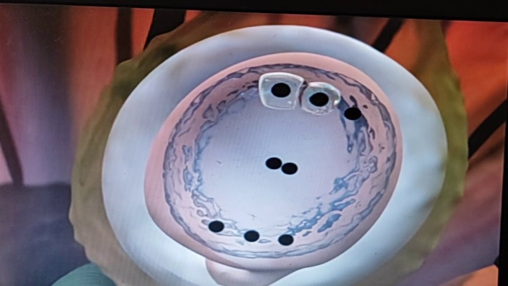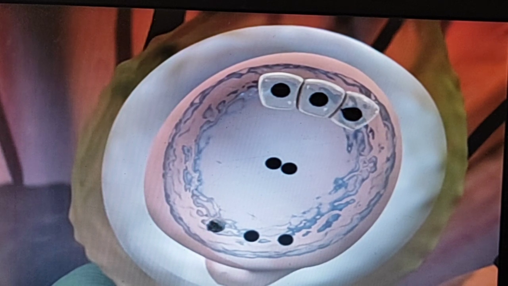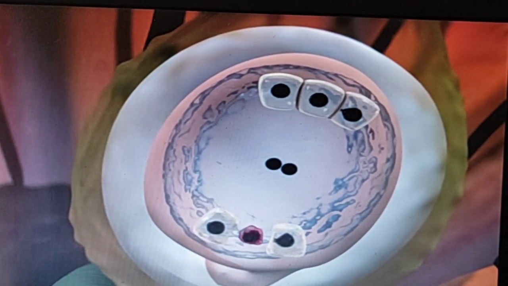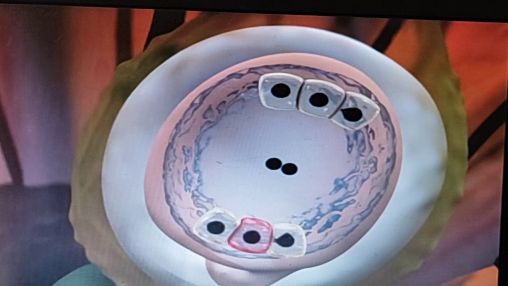Now these upper cells form the antipodal cells. Clear? Which are present at the basal end. Now the middle ones form the 2 central polar nuclei, and near the lowest region at the micropylar end, one forms the egg and the other 2 form the synergids. They have the filiform apparatus, which provides the chemical signal to the pollen tube.